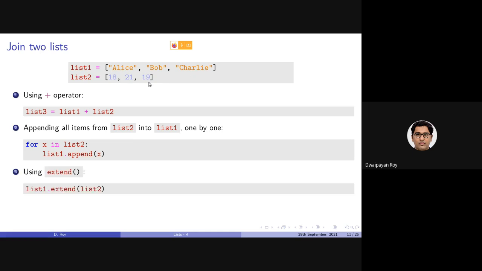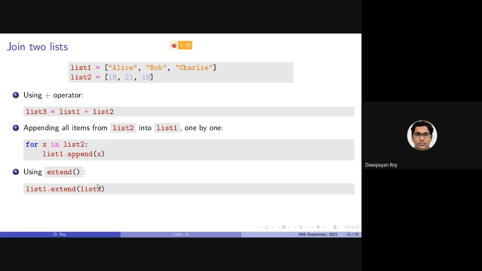Also, we can use the extend function. Here, list 1 will be extended by the items in list 2. So similar to this case, it will be changing the items in list 1. The resulting list 1 will be Alice, Bob, Charlie, 18, 21, 19.